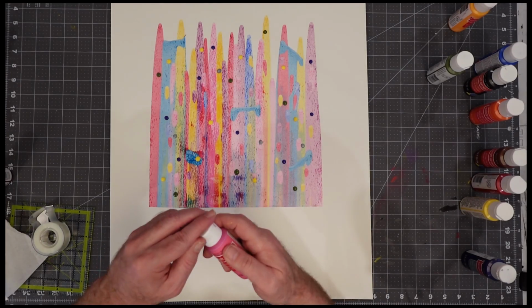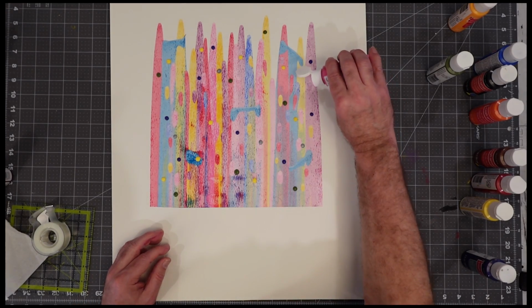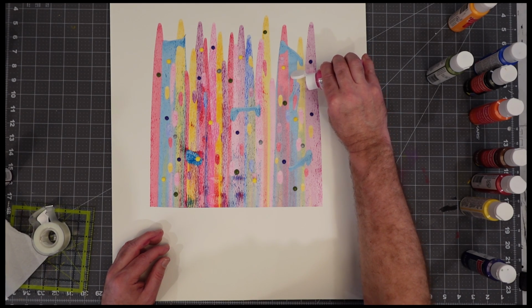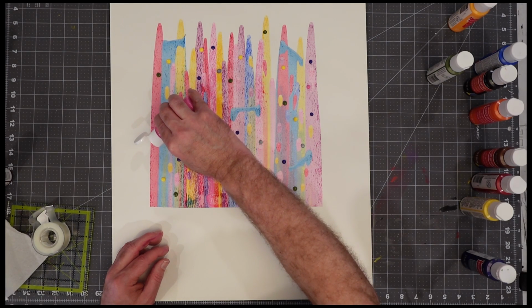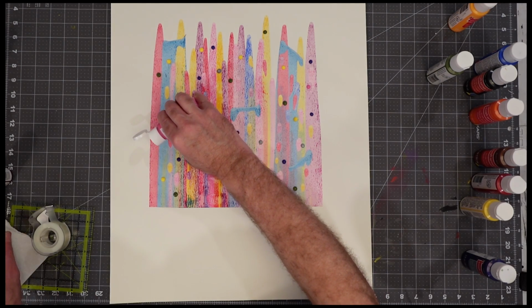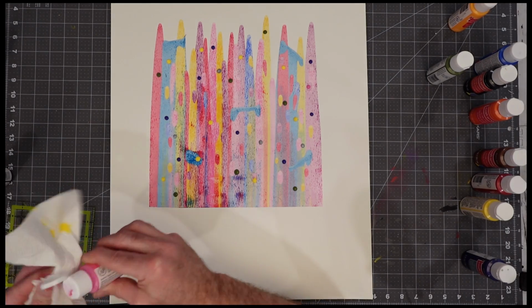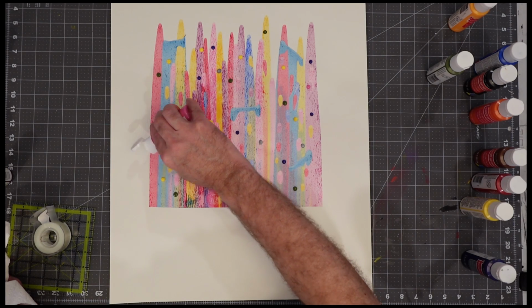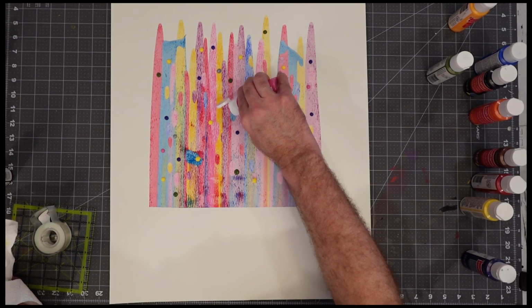I think I'm going to grab some more pink here. And let's get the pink. Since it is such a bright color, it's going to pop out even though we have a fair amount of pink in the piece already. Let's just get this. Oops, looks like I'm dripping down the side again. Sometimes it's going to find the path of least resistance. There we go, some pink. And the pink goes really good with this blue. Let me get a blob of pink here to kind of...